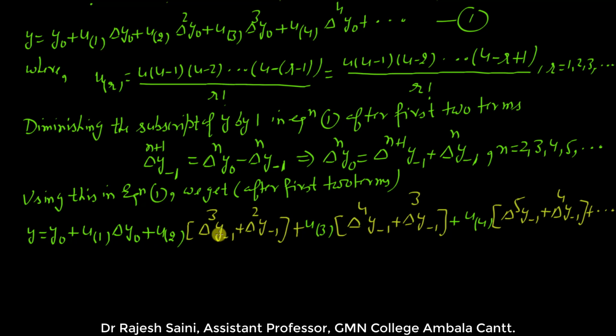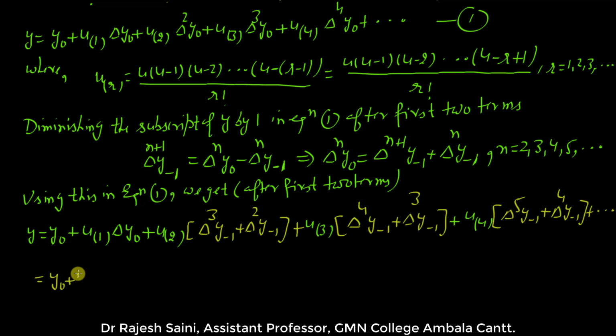Now collect the terms. This is delta cube, here is delta cube, so we will collect this term. Delta square is a single term, so it will be written alone. Delta 4, there is delta 4. Now collecting the like terms, we will get